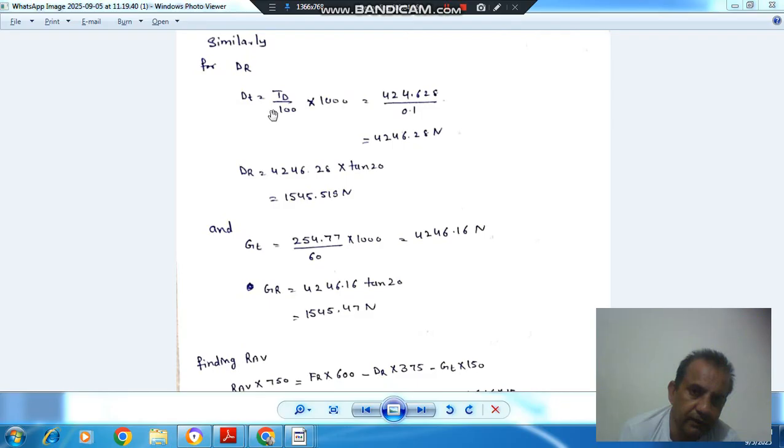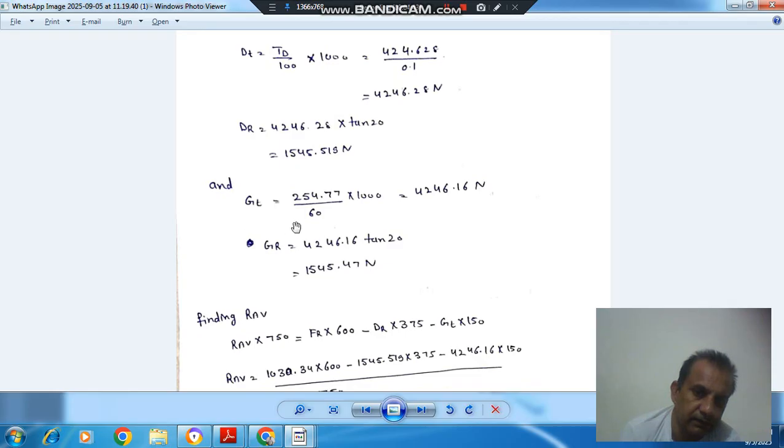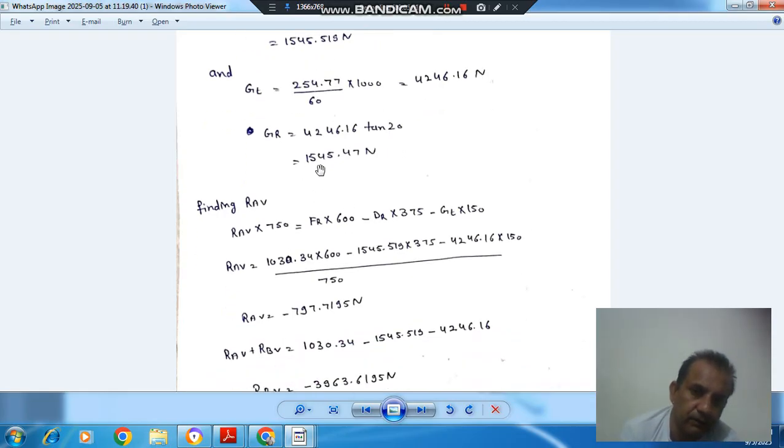Similarly, for DT, TD by the radius of the gear, which is 100 mm, can be calculated as 4246.28, and DR is 1545.519. And GT can be calculated as 4246.16, TG by radius, and then again the same formula, GR is equal to GT into tan phi. Phi is your pressure angle. From this we can calculate GR,